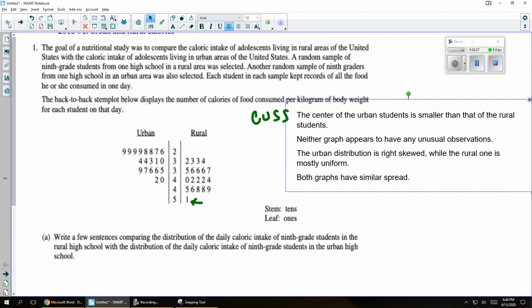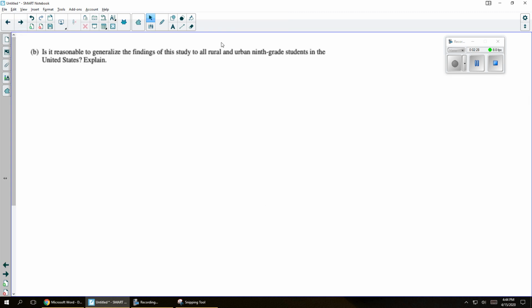So when I look back here, where was the random sample obtained from? A random sample of ninth grade students from one rural area. So it's applicable to the students at that high school. So we cannot generalize to all students, just to the students at that rural school, and likewise to that urban school. So no,